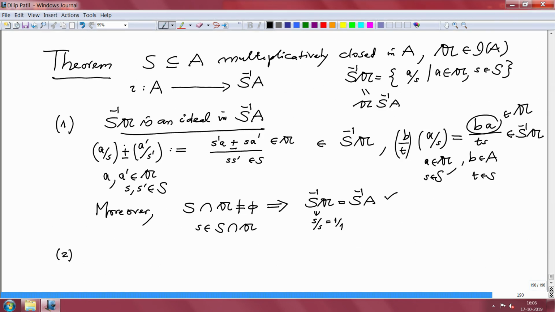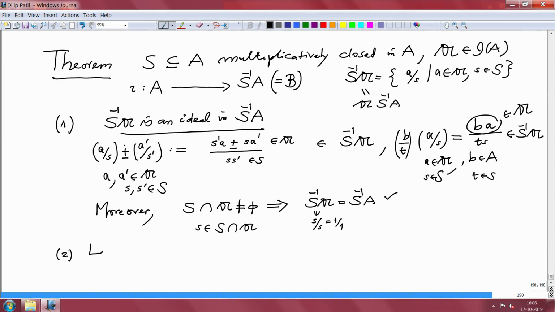Second statement. Now conversely, we have gone to the extended ideal. We know what the extended ideals are, because from here you have gone to here. Now conversely, this is like a ring B. Think of this as B. In the earlier discussion this was our B. Now you take any ideal in B.